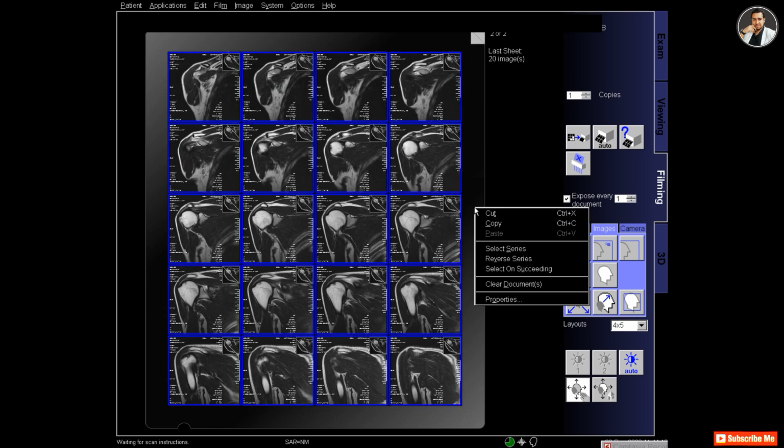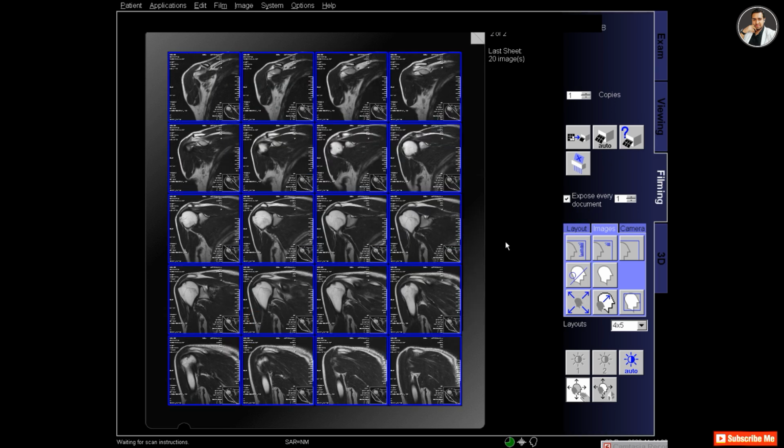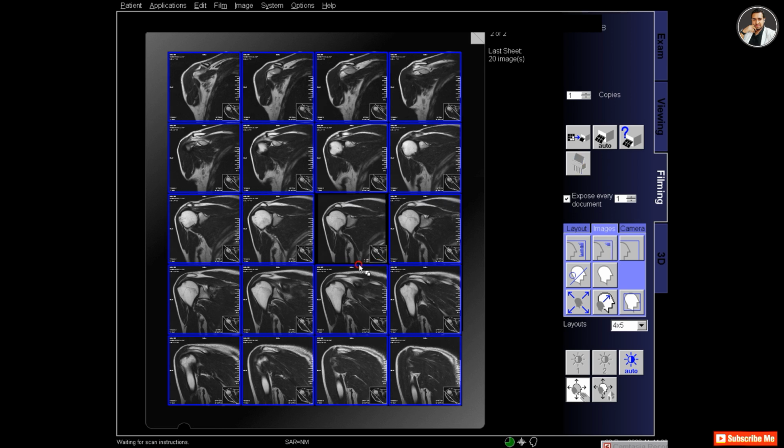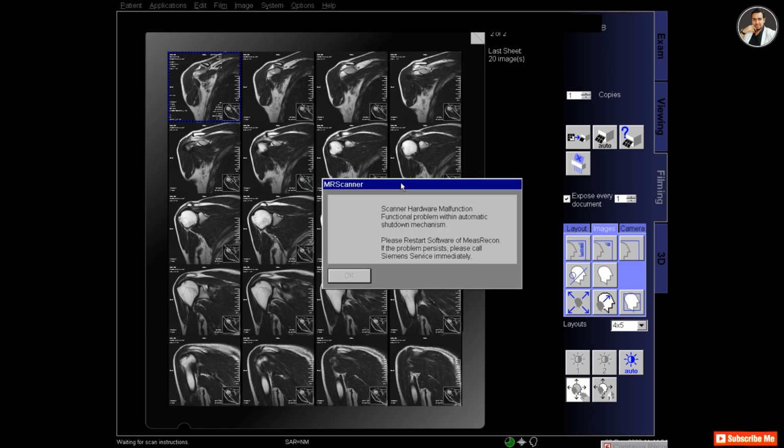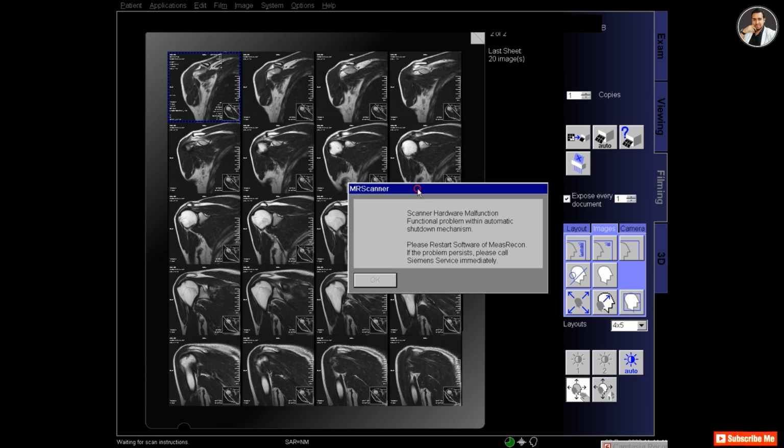So now I have taken the T2 coronal for filming, and zoom in the image, adjust the window. There may be some notification coming from the scanner.